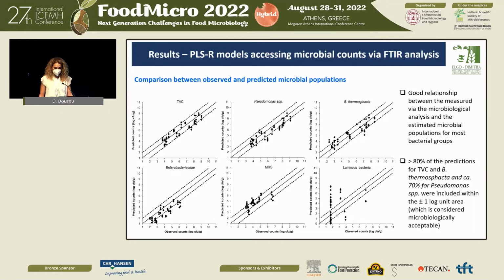We obtained a good relationship between the measured, via the microbiological analysis, and the estimated microbial populations. More than 80% of predictions for total viable counts and Brochothrix thermosphacta, and around 70% for Pseudomonas were included within